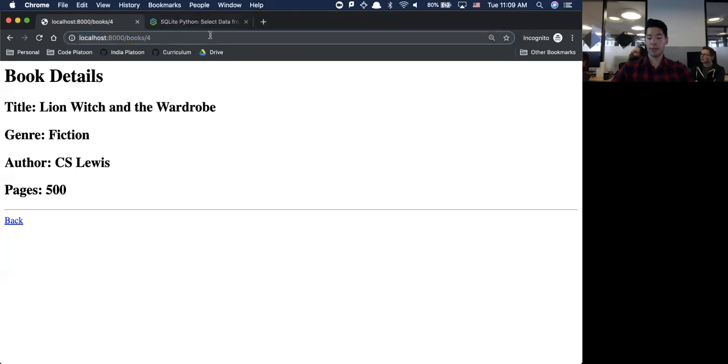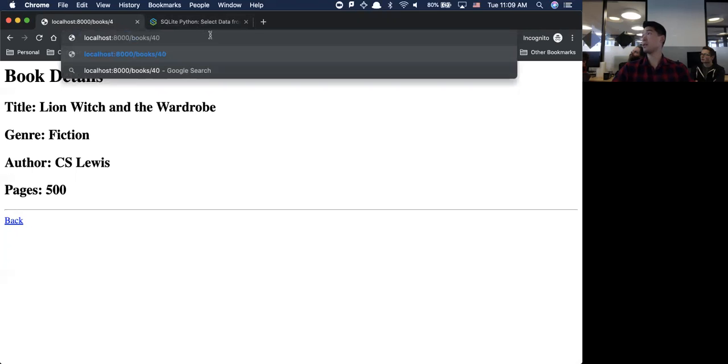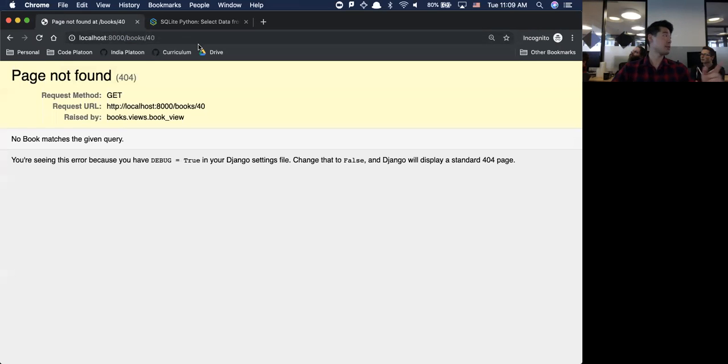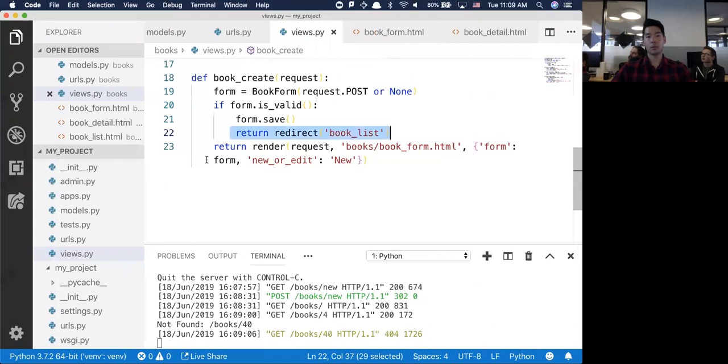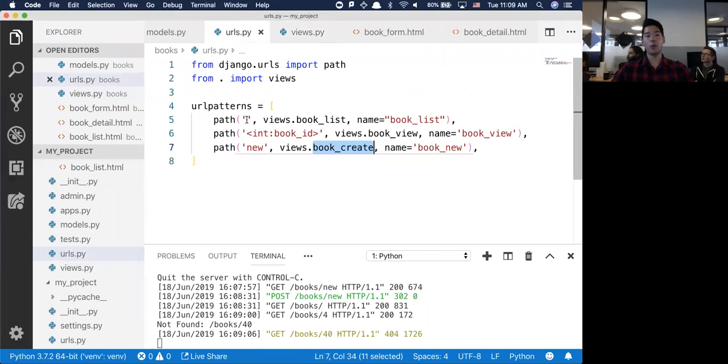If I do 40, obviously there's not 40 books in my database right now. It's a 404 page. Remember, it's get object or 404, it blows up right there: no book matches the given query. So far, we're able to read all the books, read an individual book, and create a book. So we did the C and the R, and now we have to do the U and the D, the update and the delete. So I'm just going to go path